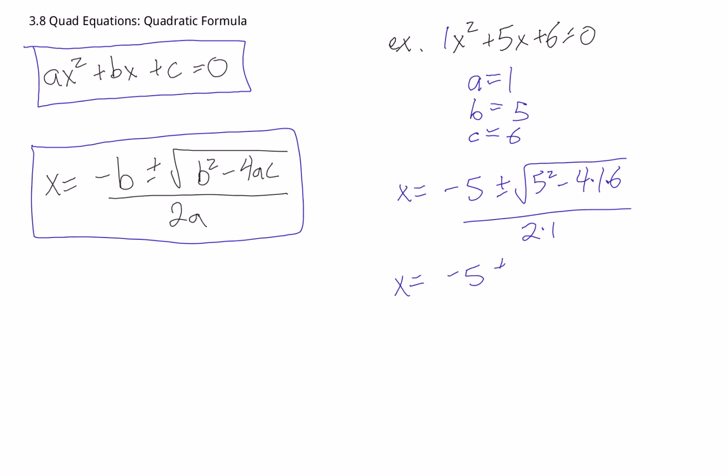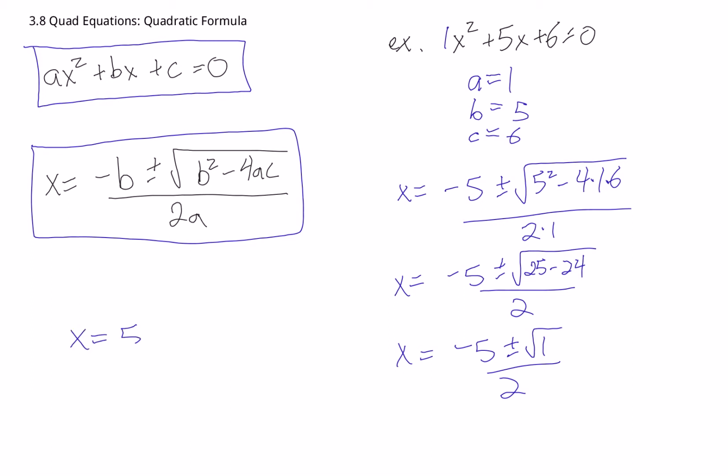That's it. So just plug all those in, solve it on your calculator. So 5 squared is 25, minus 6 times 4 times 1 would be 24. 25 minus 24 is 1. So we have minus 5 plus or minus square root of 1, over 2. The plus or minus just means we've got to do both. So our two answers in this case, square root of 1 is 1, so our two answers will be minus 5 plus 1 divided by 2